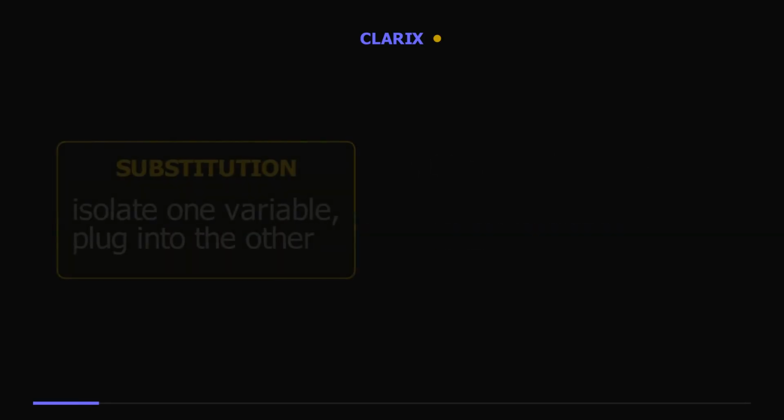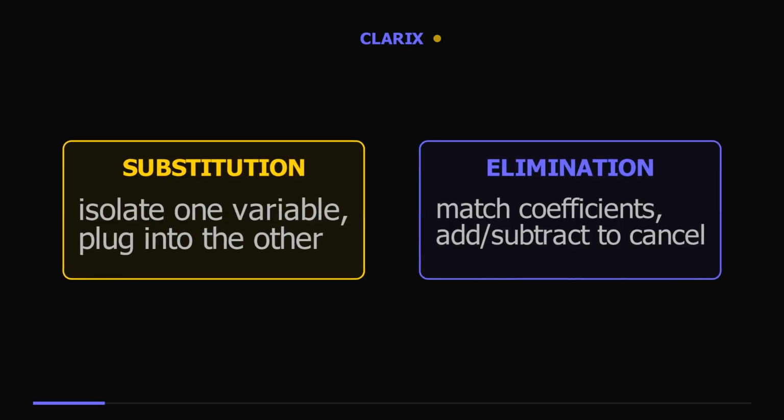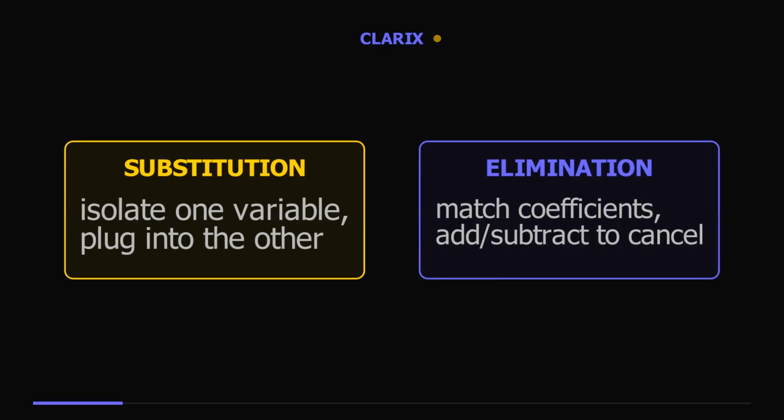Let's go. Two methods, same goal. Find the x and y that satisfy both equations, no graph paper needed. First, substitution. Rearrange one equation and plug it into the other. Then, elimination. Combine the equations to cancel a variable. We'll do each step by step with the special cases that tell you when there's no solution or infinitely many,